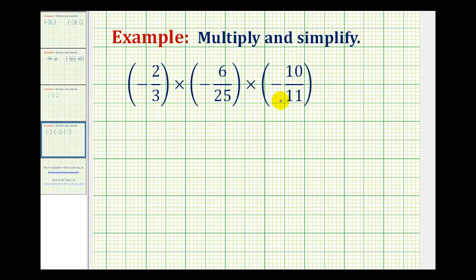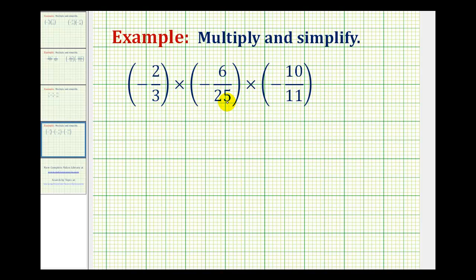Multiplying three signed fractions really isn't much different than multiplying two signed fractions, except now we'll be multiplying three numerators and three denominators. But just as before, we do want to simplify before we multiply, which means we want to identify all the common factors between the numerators and denominators that would simplify to 1. So we're going to write all the numerators and denominators in prime factored form to help us identify all of